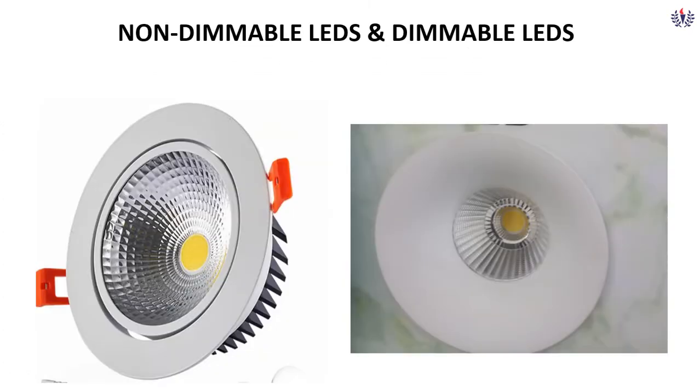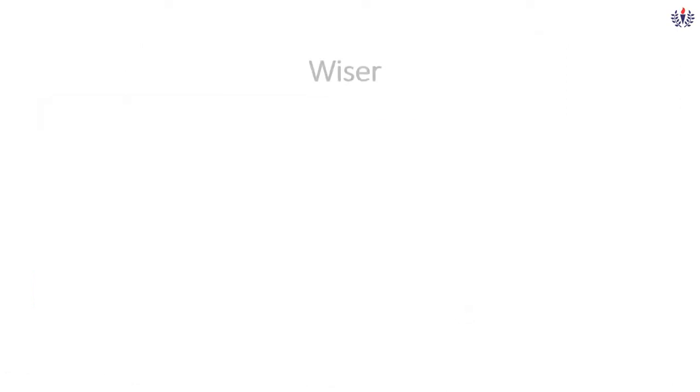And also these are the dimmable and non-dimmable LEDs, which can be understood as we do have a difference in them. So this is the dimmable LED where we can see the white color layer over here. Here we do have the reflectable layer. So this is meant for non-dimmable. This is a normal LED, and this is the dimmable LED. So this is the basic difference you can observe physically.